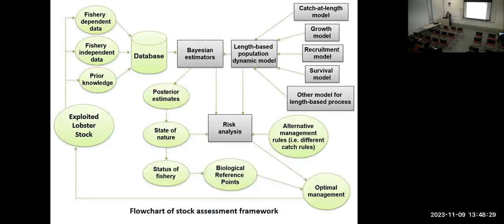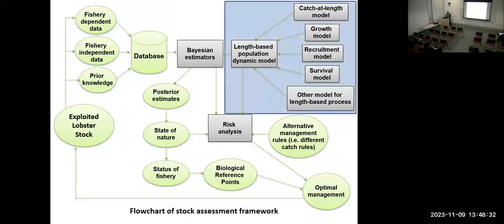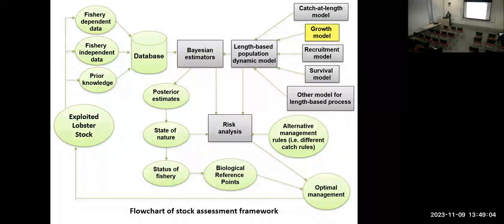So what we did, we developed a length-based model. This one was already used before, but this model is a length-based model. And for this, again for American lobster, the reason that we use a length-based model is because it's very hard to age lobster, because they don't have hard tissue, right? Unlike a fish, where you have otoliths, ear bone or scale or whatever, lobster molt. So it's very hard to age them. That's why we developed this length-based model. It's a very, very complicated model.